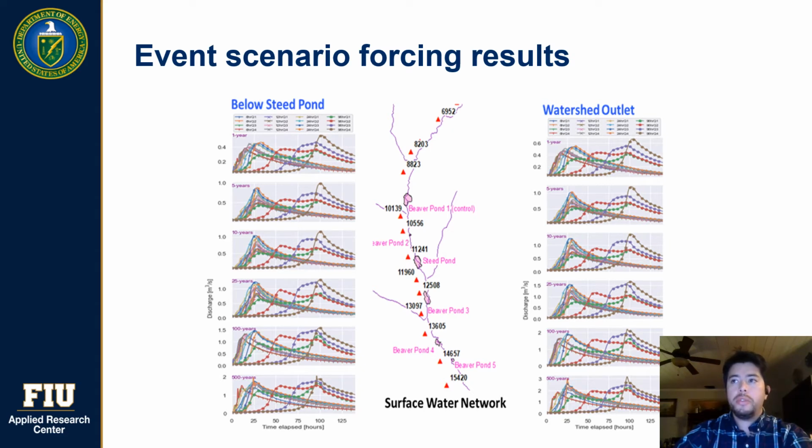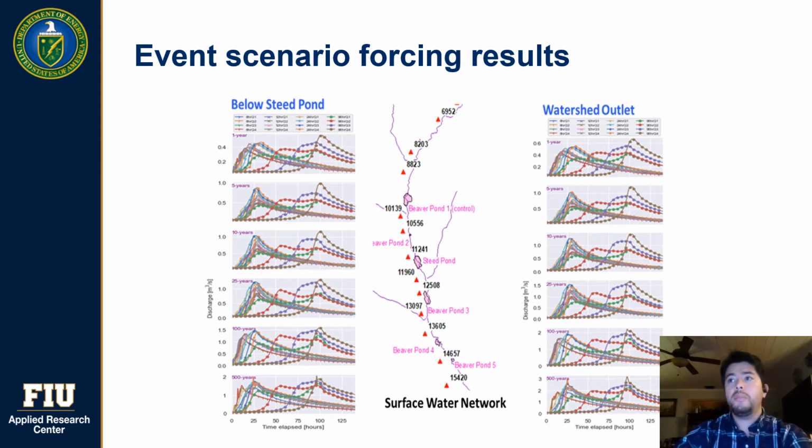This is some results regarding the forcing results for the Mike 11. So to assess the significance of the extreme events in the transport of contaminants, a period of 1 to 500 years was considered. Here I'm highlighting about 192 flow hydrographs in which the Mike 11 was able to model. The areas of interest here, as you can see, are both custom selected.